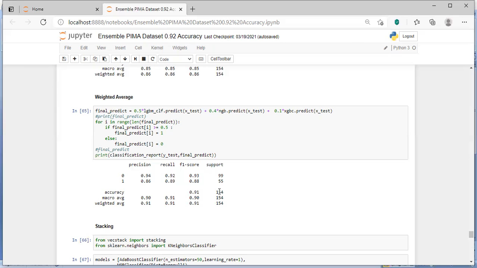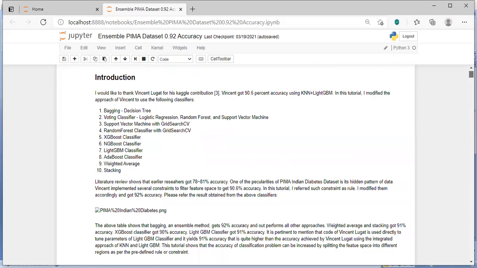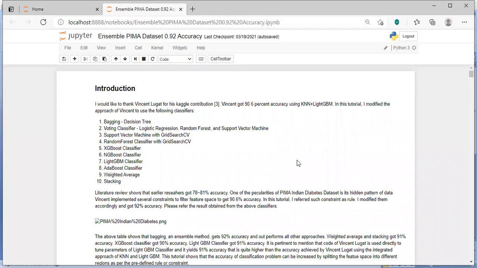So the thing is, in the first part I mentioned that Vincent Luger clearly said that if you use KNN and the LightGBM alternative, you get 90.6% accuracy.